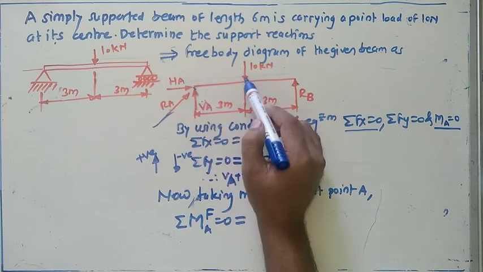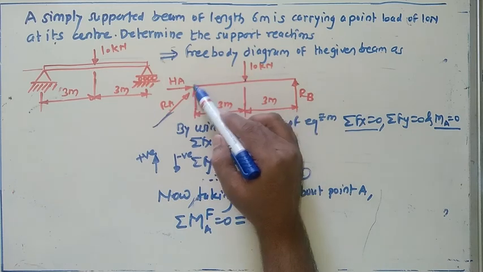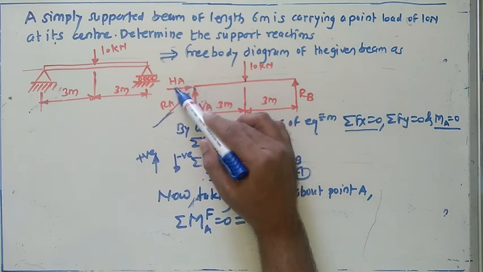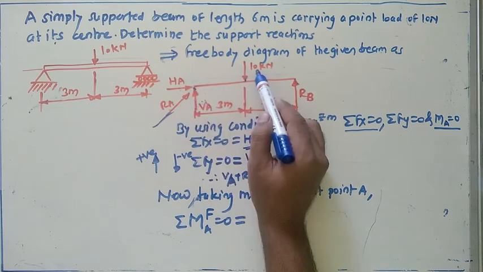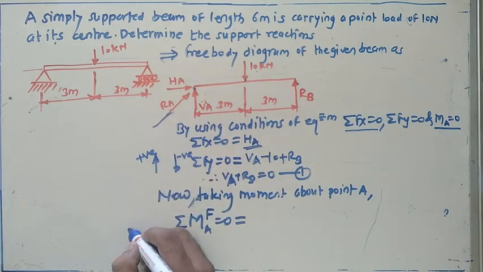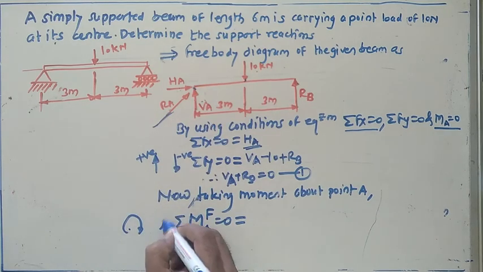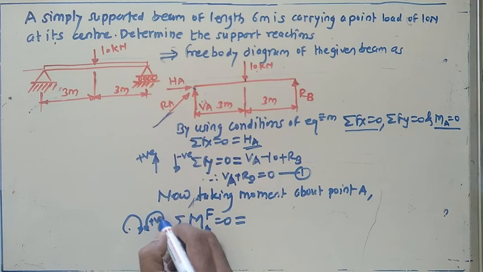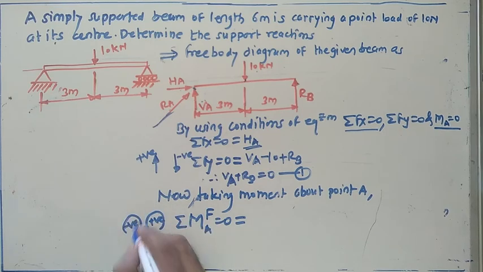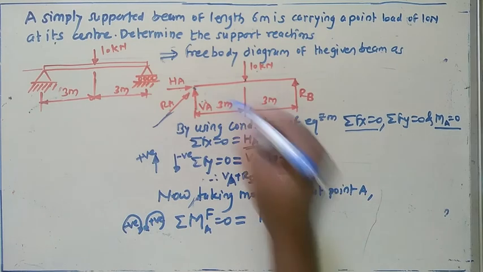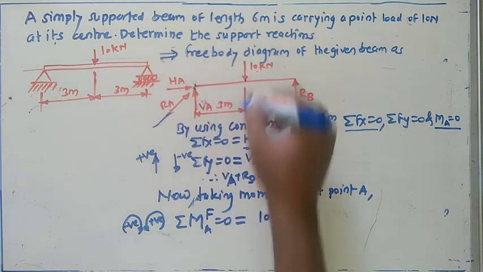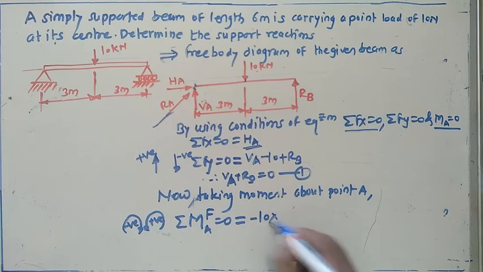The first force is the 10 kilonewton. You have to take the moment of this 10 kilonewton force about this point. Now what about this force and this force? The line of action of these forces passes through this point, so the moment becomes 0 because the distance becomes 0. What about this 10 kilonewton? For that you need to consider the sign: here consider positive, here negative. This 10 kilonewton force turns about this point in the clockwise direction, so for clockwise give the minus sign, multiplied by